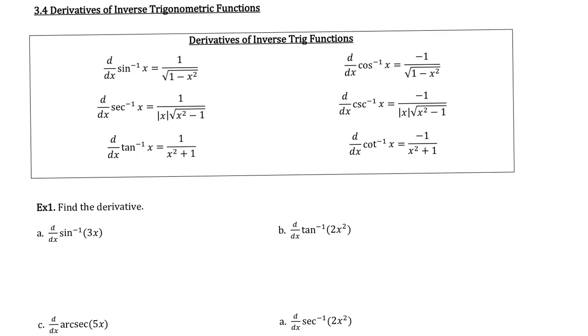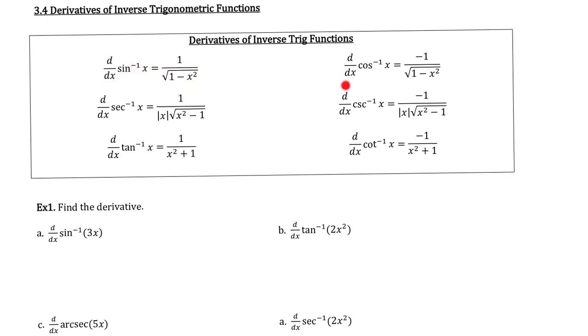Okay, we're continuing with derivatives of inverse functions, and now we're doing the derivatives of inverse trig functions. I'm not going to derive these for you today because I don't think you're ever going to do that in random life if you just forget. So this is the derivative of inverse sine. Inverse sine is the same as arc sine. They're interchangeable. So the derivative of the inverse sine of x is 1 over the square root of 1 minus